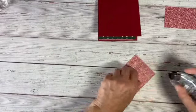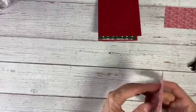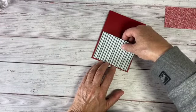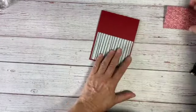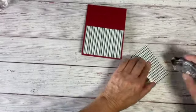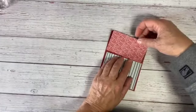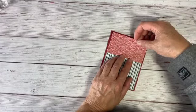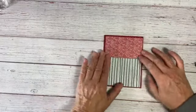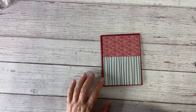I'm going to go ahead, and I forgot to get a piece of soft succulent. Well, we're going to improvise on this one. So I just like the way the two papers kind of played off each other, and sometimes it's so hard to decide which side to use. So all of these colors, the soft succulent, the evening evergreen, the cherry cobbler, these are all in that Tidings of Christmas